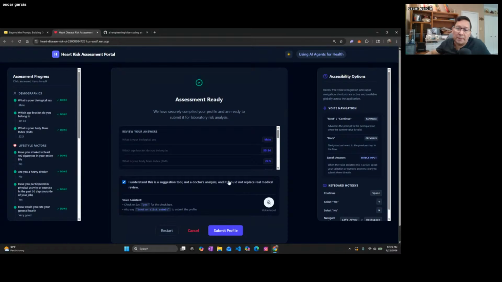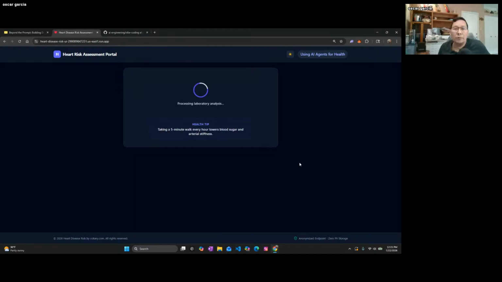And as we submit this profile, it's going to use an MCP tool to send the data to a machine learning model that is going to analyze the information and give you a score, right? A risk score